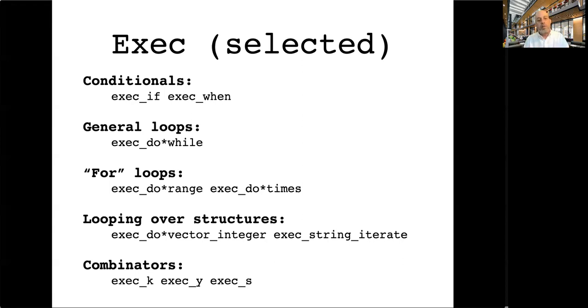You can have general loops, and we have something called exec do star while that will provide something like a regular while loop that will keep evaluating an expression until it becomes false, and then it will leave the loop. The way that is usually implemented, by the way, is that it will take the next thing on the exec stack,